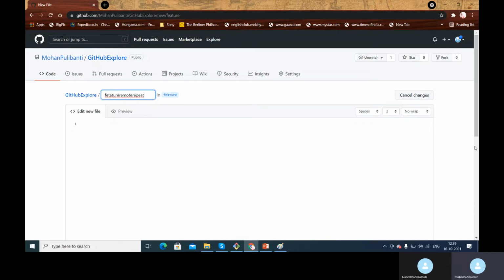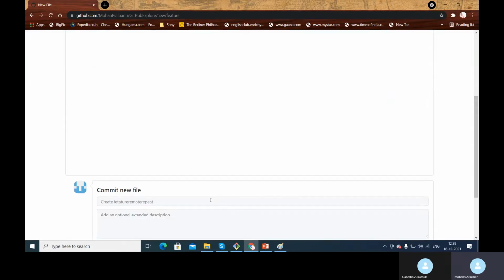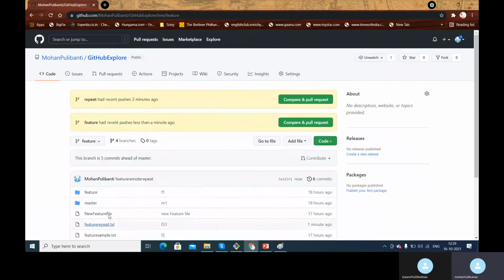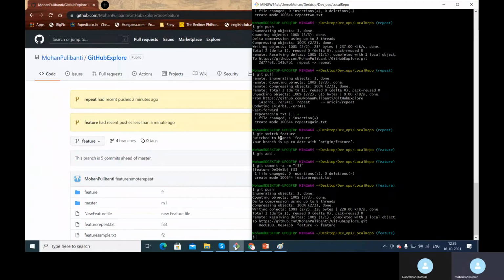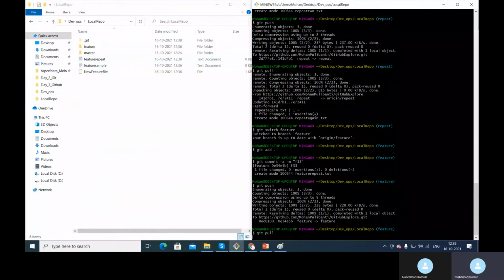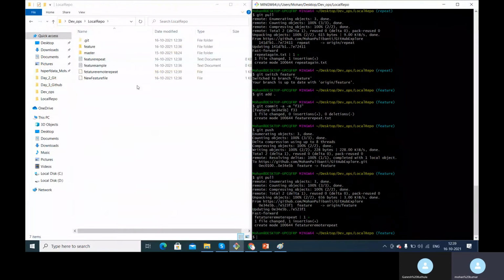Once I do this and commit these changes, if I go back to this git repository again and just say git pull, all the details that are there in the remote branch are coming over here.